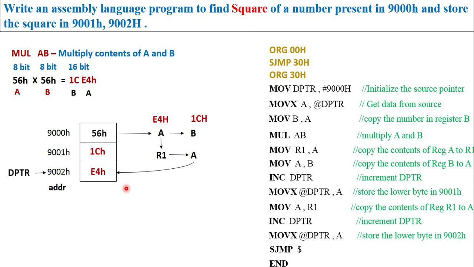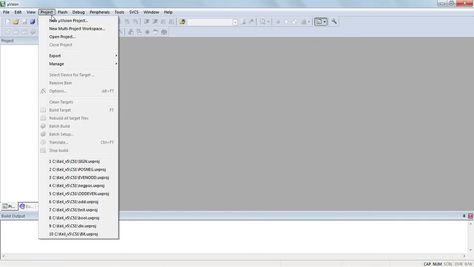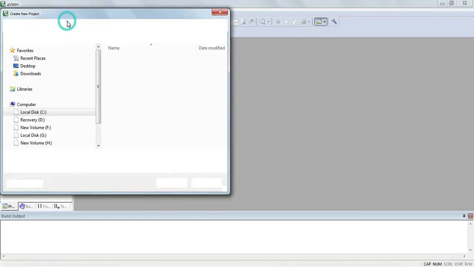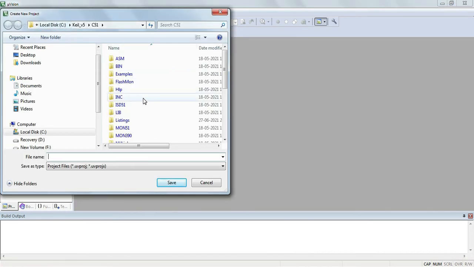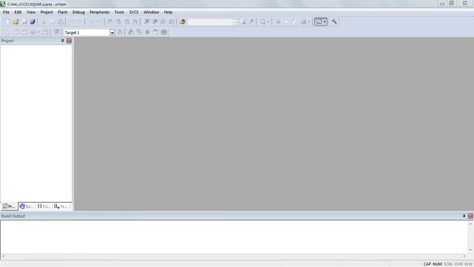Now let us observe the execution of the same program using Keil MicroVision software. To begin with, open Keil MicroVision, go to Project, click on New MicroVision Project, and we need to give a name here. Since we are finding the square of a number, I'll name it square.